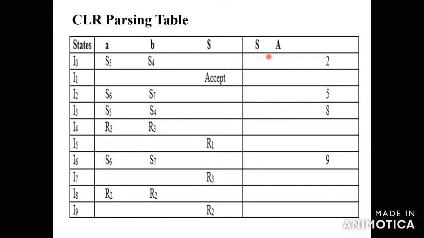I think last time we did the closure function. The remaining things we didn't do: the closure function will be calculated for the remaining items, the next state, and the lookahead. How to calculate the lookahead symbol? We did not complete it. Now you can go to the video. Just watch the video, then you can get some idea. Based on the idea, you have to complete the given problems.